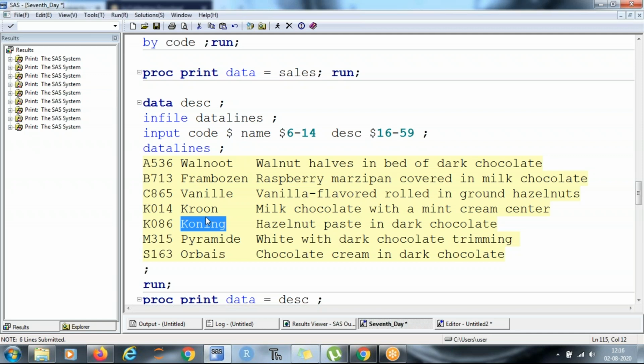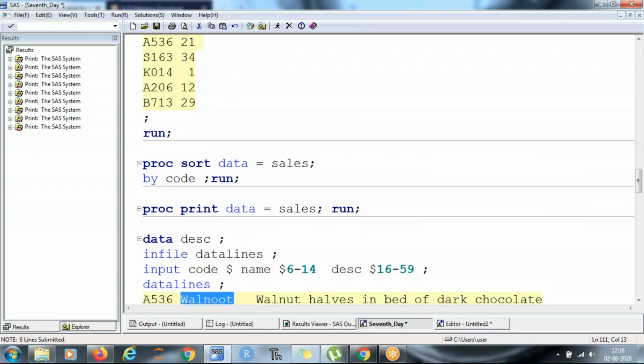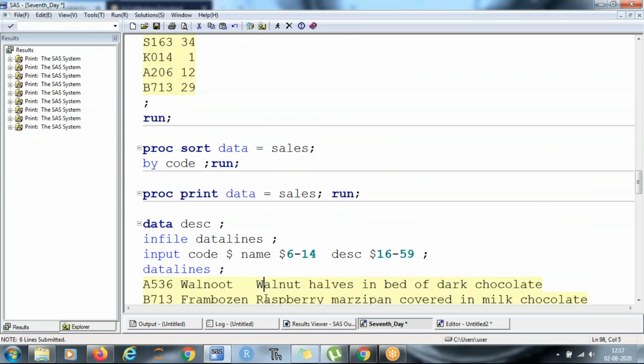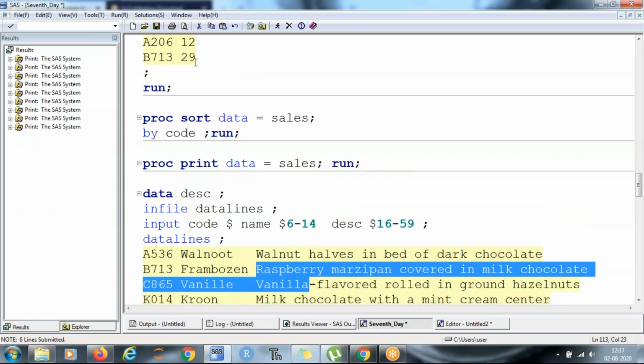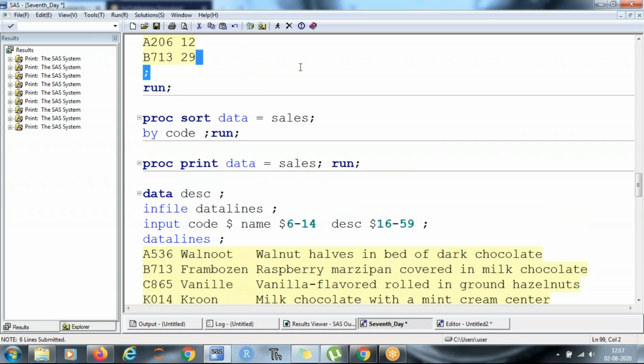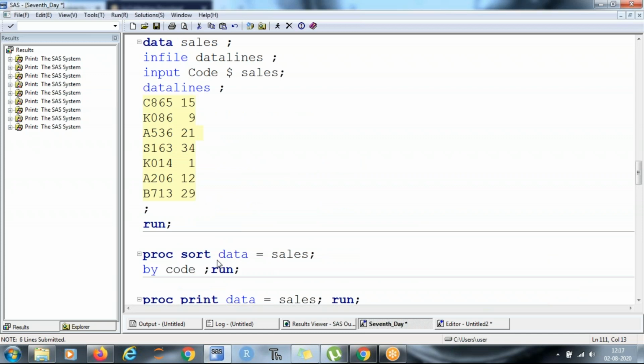Right? Now, in order to calculate what needs to be ordered, he needs to merge this data with this data so that he gets to know B713 अब 29 बिक चुका है, अब इसका रॉ मटेरियल ऑर्डर करना है, but इसके सामने तो रॉ मटेरियल कहीं लिखा हुआ नहीं है और इसके आगे सेल्स नहीं है, right? So how he can achieve this, we will learn in a while, but before that I would appreciate it if you just run this code and create your data with the same name so that there is no confusion later on.